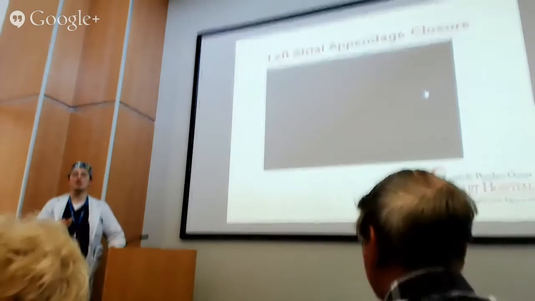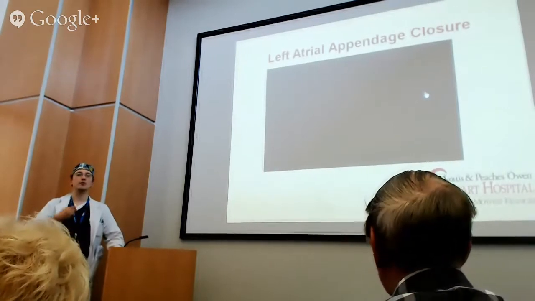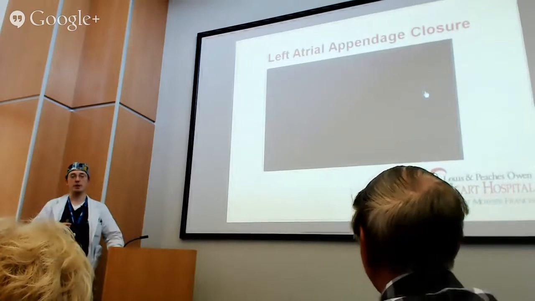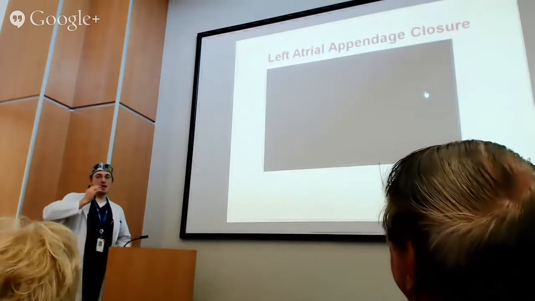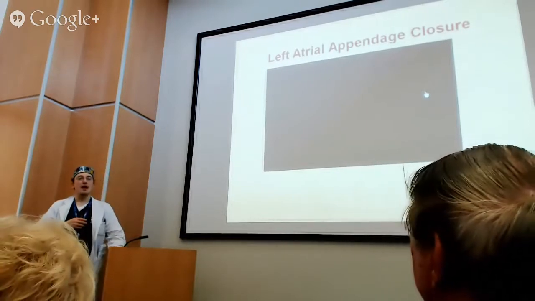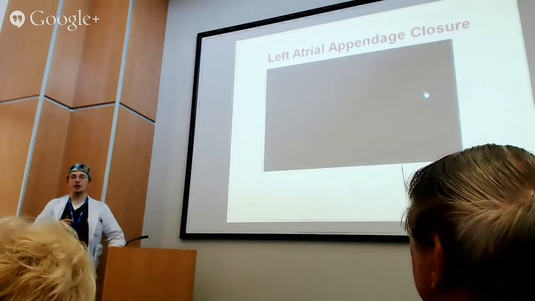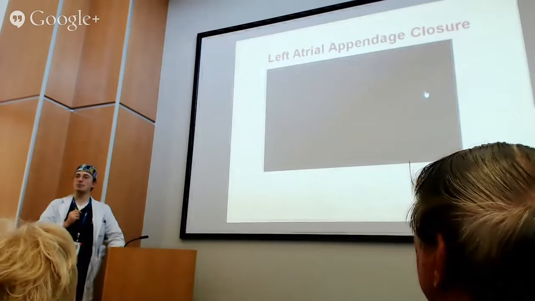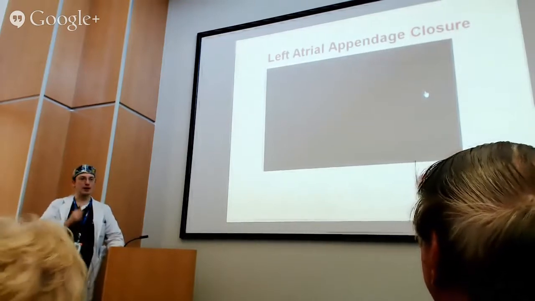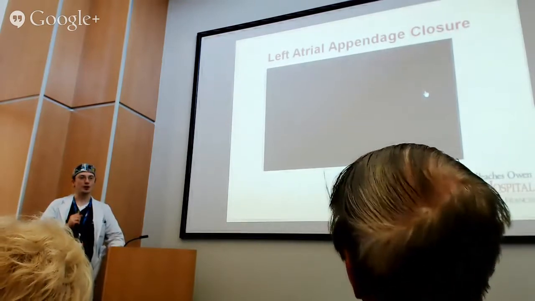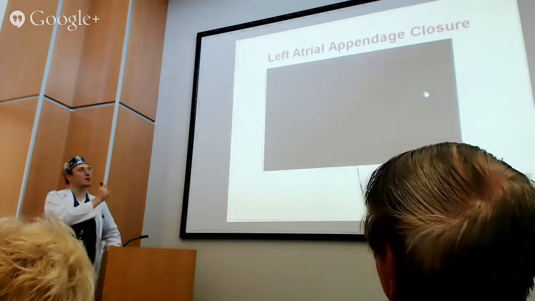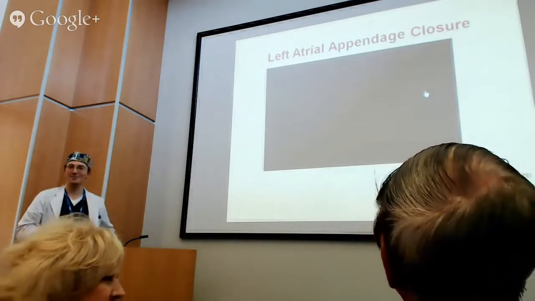Now, you could have blood clots coming from other spots, from the left atrium, from the left ventricle, from the carotid artery, from a variety of different things. But it seems that probably 98% of the blood clots come from the left atrial appendage. So if you can control that, that's probably where the money is, because remember Willie Sutton, somebody asked him why he robbed banks? That's where the money is. So that's where we go, and that's where the clots are.